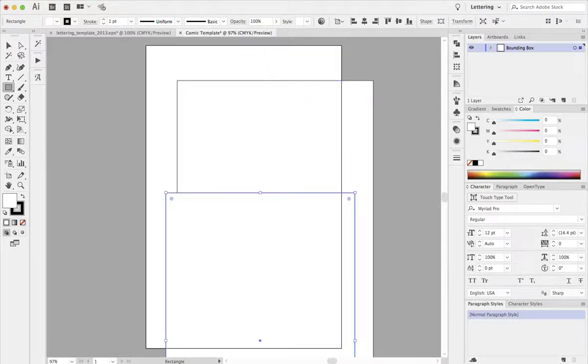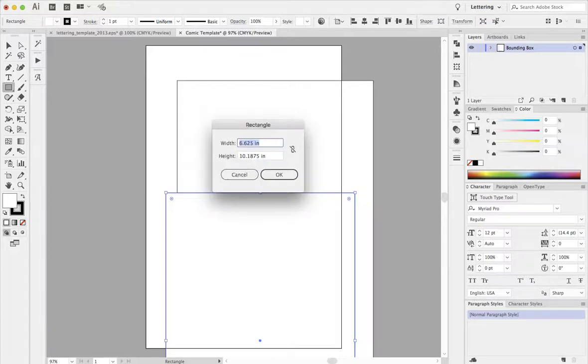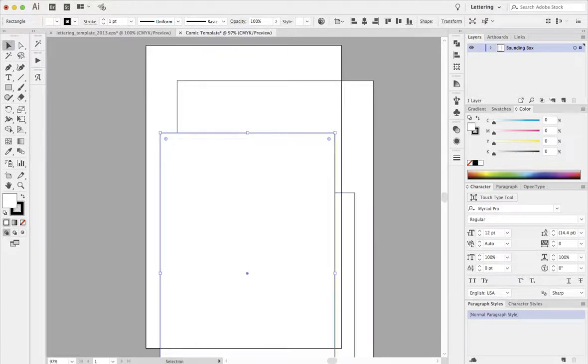One more time, we're just going to set up the final rectangle, and this will be for our margins, which are within 1/4 inch of our trim, and this is 6.125 by 9.6875. And once you have these down, you can go ahead and select them all,